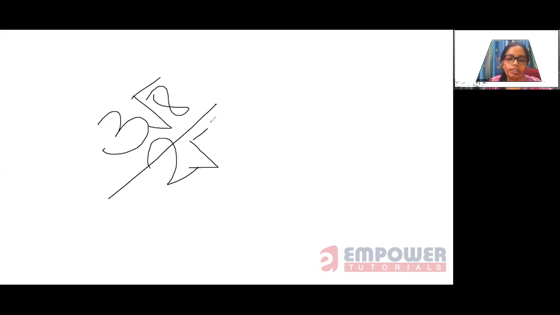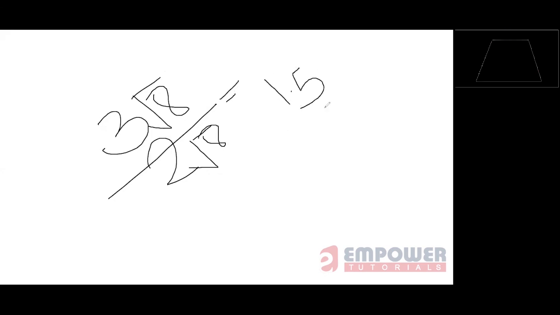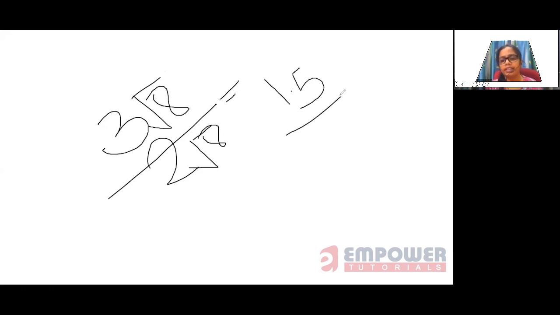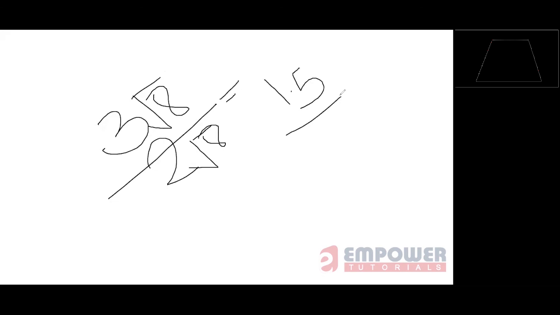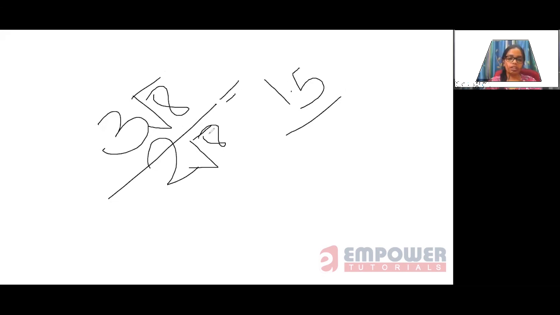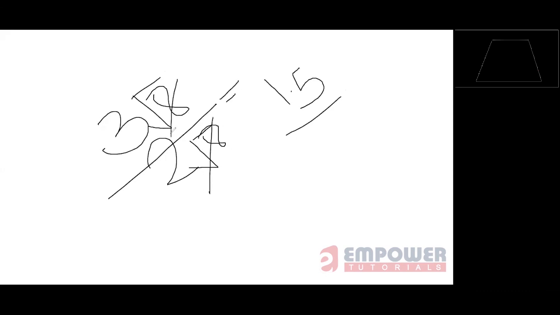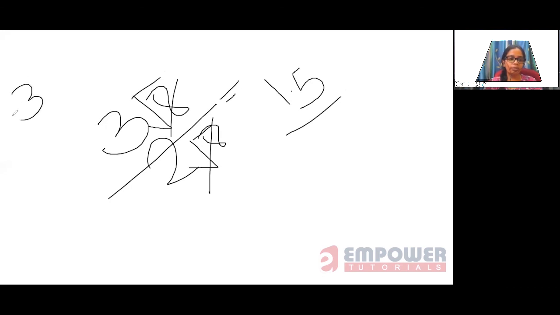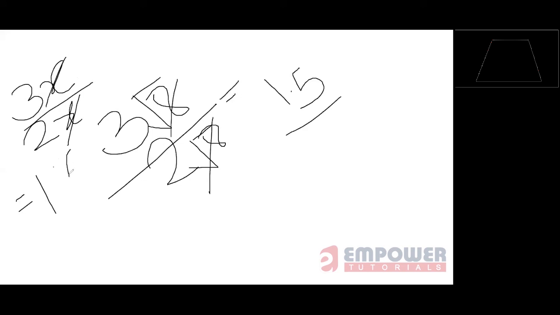And when you are dividing two like irrational numbers, let's say 3 root 8 divided by 2 root 8, what will be the answer of this? Will it be 1.5? We are not multiplying, we are dividing it, right? So this root 8 will get cancelled. See, you need to apply the same rules that we use for variables, no? So 3x upon 2x will be how much? This x will get cancelled, na? So we will get 1.5.